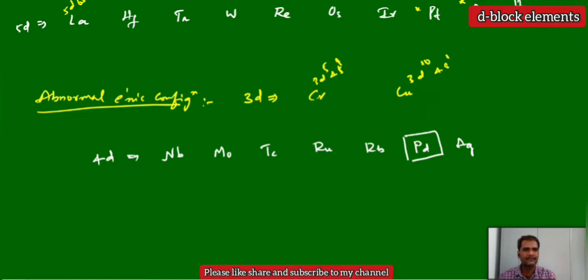Just keep palladium a little away. Why? Because the palladium electronic configuration, we know, is 4d10 5s0. But in the case of the remaining elements, you can see from the n plus l value that they have some abnormal behavior, and the electron change is only one. We can see one electron in the s orbital. Only in palladium is the s orbital completely vacant and only 4d completely filled. But in niobium, molybdenum, technetium, we have one electron in the s orbital.